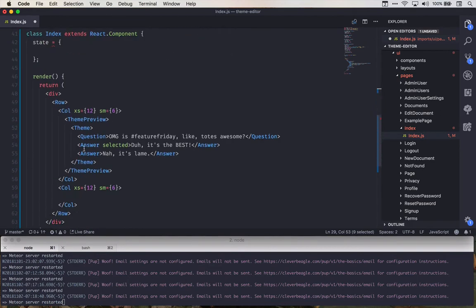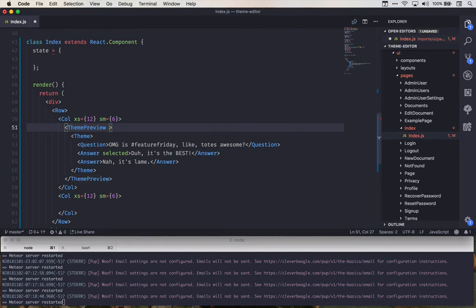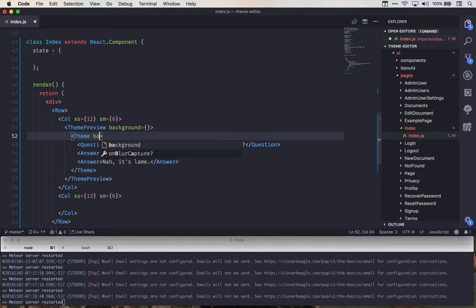So down here we need to think kind of carefully because we've got a few different colors that we want to support. So we've got the theme preview, which is going to have a background color. So let's try and make this clear, and I'm gonna make this up as I go here. So we're gonna say background equals that. That one's not going to have a text color or anything like that, so we can skip that. This one's gonna have a background color. Let's see, is that true? That is true. The question itself is going to have color, so we want to say color equals,